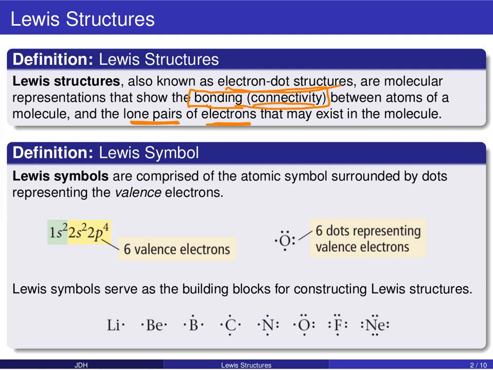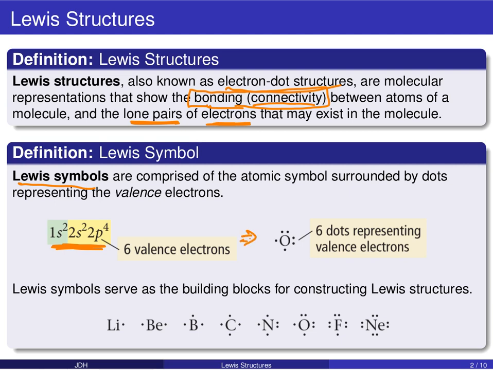Okay. So the foundation of a Lewis structure begins with the so-called Lewis symbol. What we're going to do is draw upon what we talked about in terms of the electronic structure of atoms. We introduced this idea of core electrons and valence electrons, and we mentioned how valence electrons are the electrons we really care about when we ask how this atom is going to interact and form molecules with other atoms. So we're focusing in on the valence electrons. What Lewis symbols do is take that chemical symbol and add a single dot for every one of